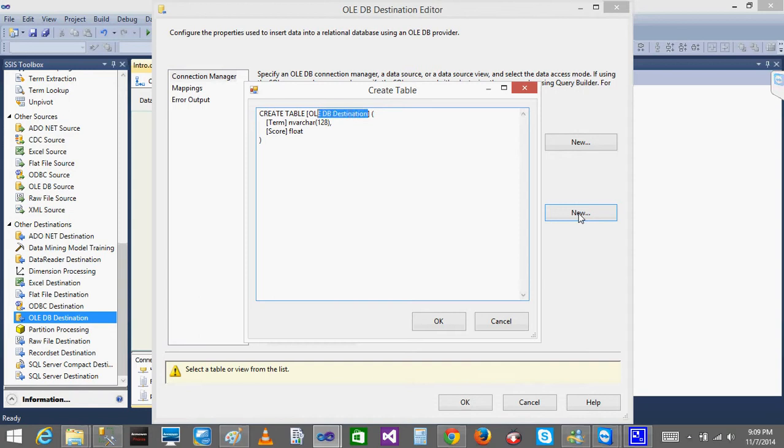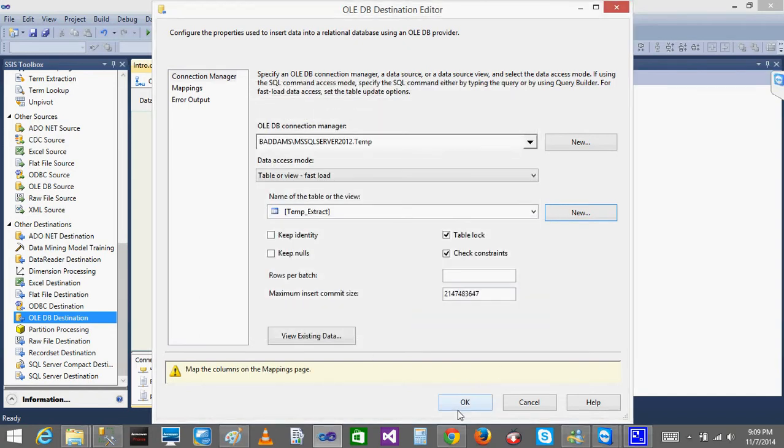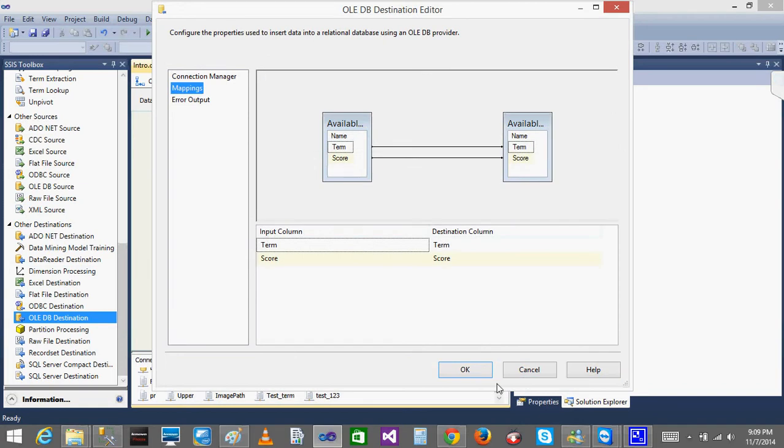See, I am getting only 2 columns. What that columns are, I am going to explain. So I am naming it as temp extract. Okay, so what it does, when I have selected the noun, right, I am clicking OK. I'll show you what it does. I am clicking OK. Done.